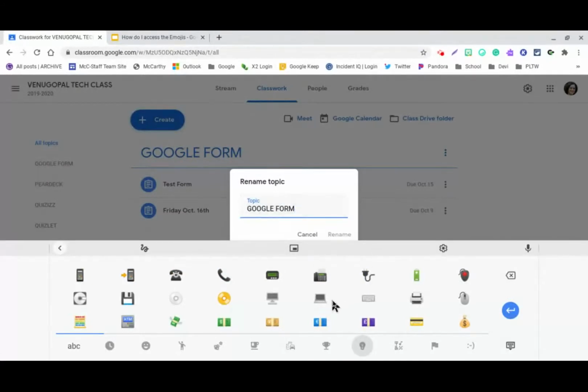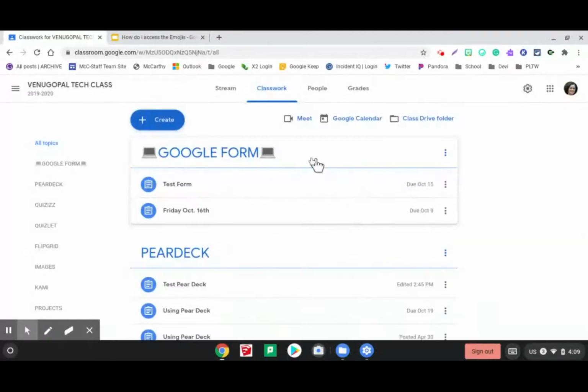Since it's a Google form, maybe I want to use an image of a Chromebook or a laptop. Once I insert that, I can put it in the beginning and at the end if you want to highlight it and click rename. And it's going to put the emojis in your topic. You can do the same thing for your assignments also. If you click on the three dots and hit edit,